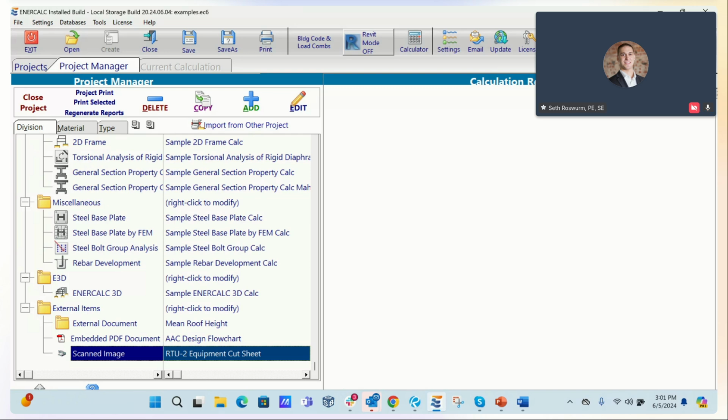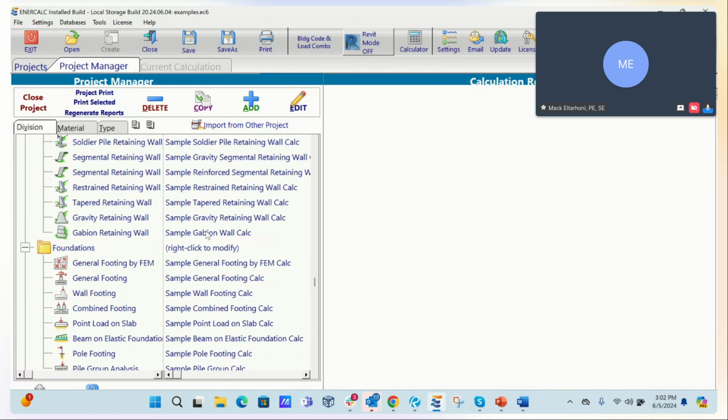Okay, this is very exciting. So hopefully soon, it's in the final stages of testing. I've been getting a lot of questions about this. What we have is native load linking within ENERCALC. And once it's released, we will definitely talk about it. But in a simple manner,